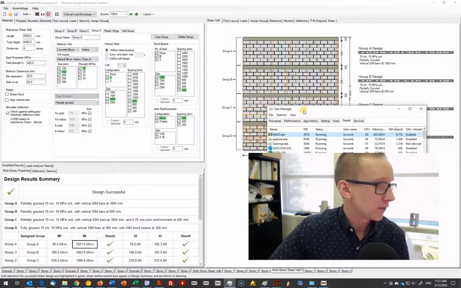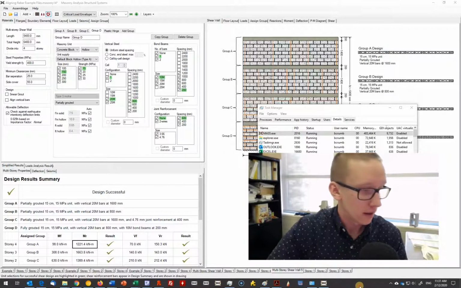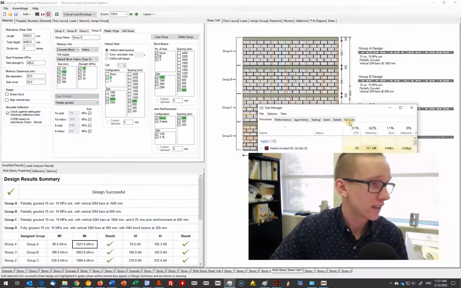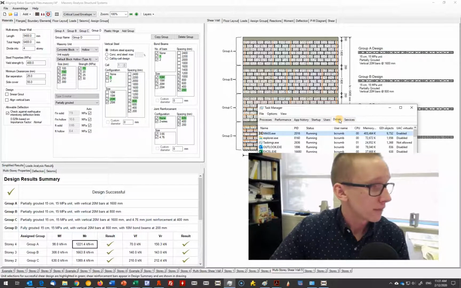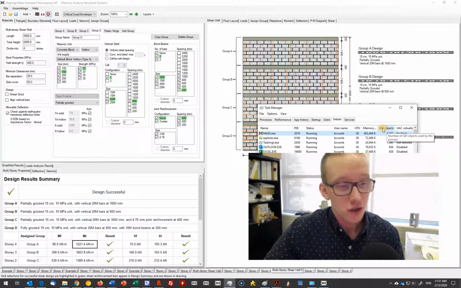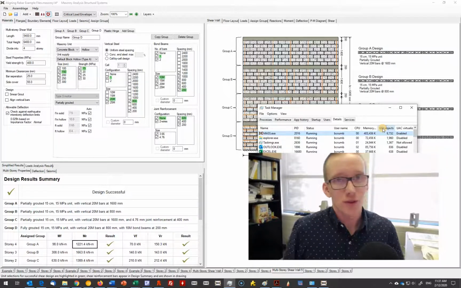It all comes down to, if you open your task manager, you can right click on the main toolbar there and click on task manager. It'll pull this up. If you click on more details, you'll see there are different tabs. If you click on details, you'll see all your different applications, and what I want to talk about are these things called GDI objects. On Windows, you can only have 10,000 of